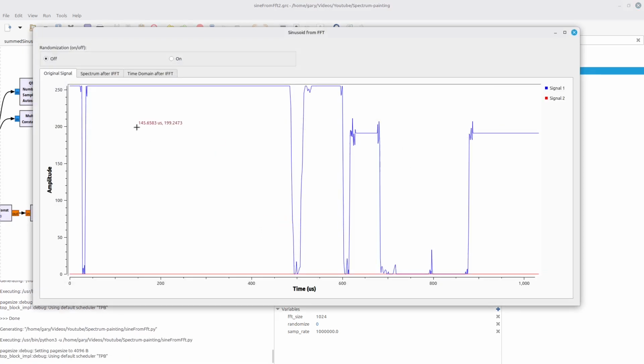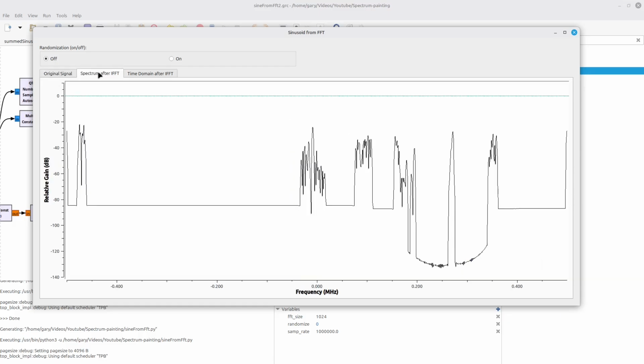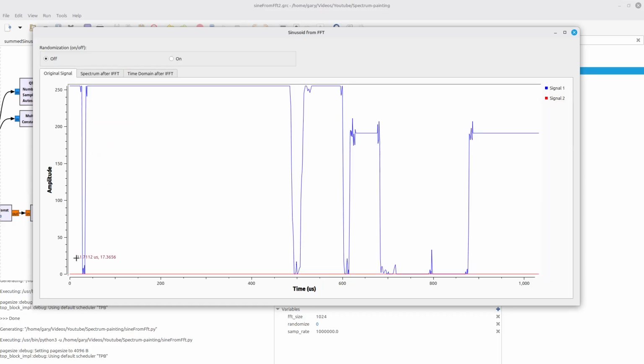When I turn that on and run it, the original signal looks just fine, but now my spectrum looks kind of bad. And again, that's due to the fact that I have all of the energy clumped up at the ends, and so the window is going to have a really bad effect on it. Therefore, one of the things that I want to do is, in the original signal, I'm treating each of these points as a frequency point. That's the way that I'm treating it.